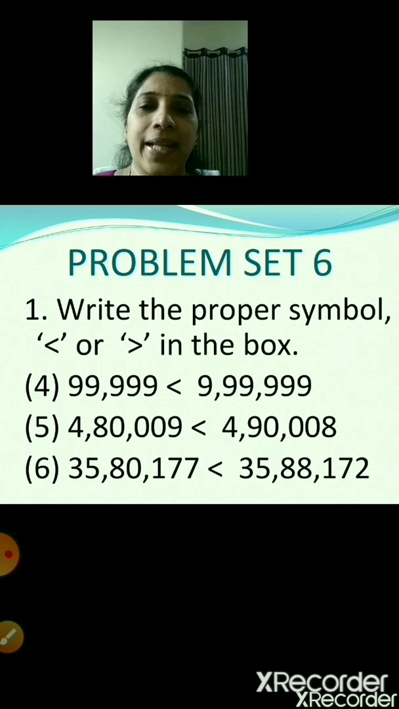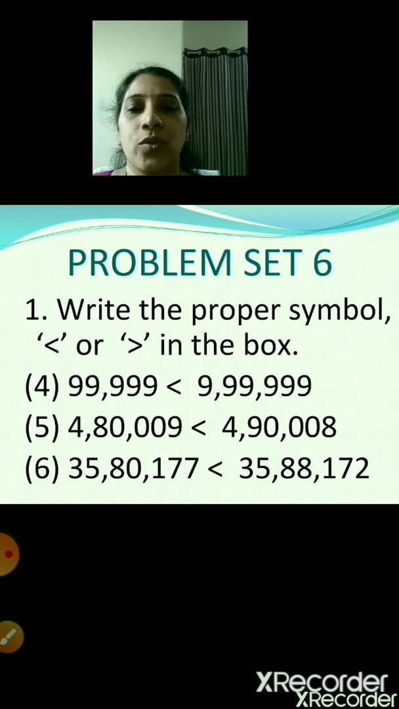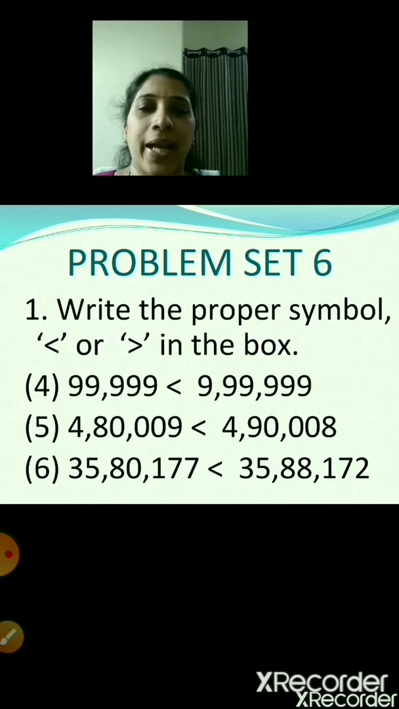99,999, and to your right hand side is 9,99,999. So first we are going to see both the sides, how many digits are there. If you see to your left hand side, it's a 5-digit number, whereas to your right hand side it is a 6-digit number. So 6-digit number is greater than 5-digit number. So 99,999 is smaller than 9,99,999. Let's take the fifth one,